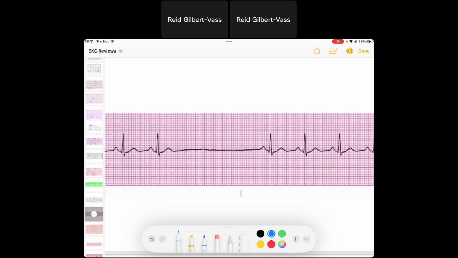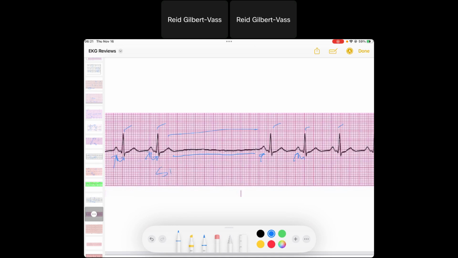Okay. So here we have beat, beat, gap, beat, beat, beat. And so let's look at what's going on. We've got P wave, QRS, P wave, QRS, okay. And then I don't see any P waves, and all of a sudden, P wave again, QRS, P wave again, QRS. And so this is what I would call a sinus node is not beating, and so